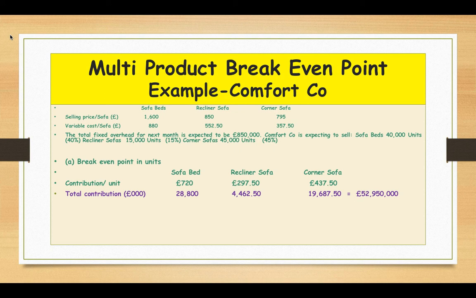That's the total contribution for the recliner sofa. And if you do the same for the corner sofa, the contribution per unit is 437.5 times the total number of units, which is 45,000 units. So the total contribution for the corner sofa is